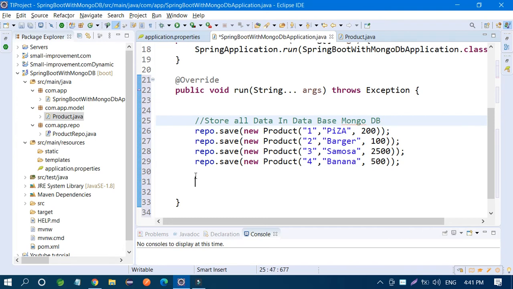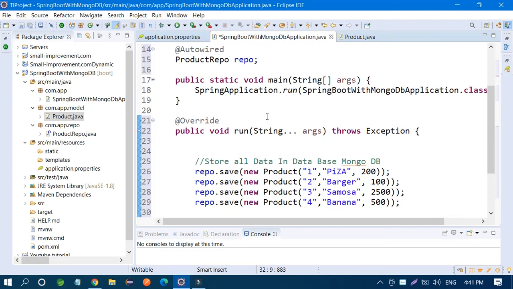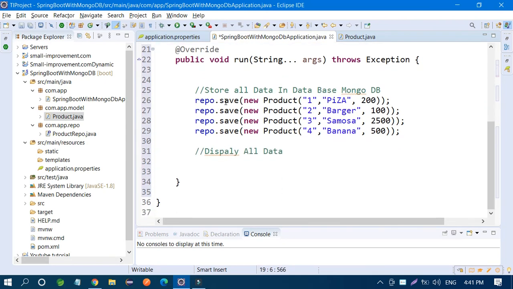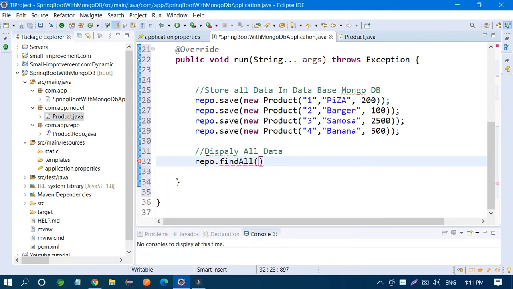MongoDB. Now if you want to print and display all data, if you know JPA repository, like that you have a Mongo repository, and with the help of this repository you have many inbuilt methods like the save method, and after that the find methods, for example repo dot findAll.